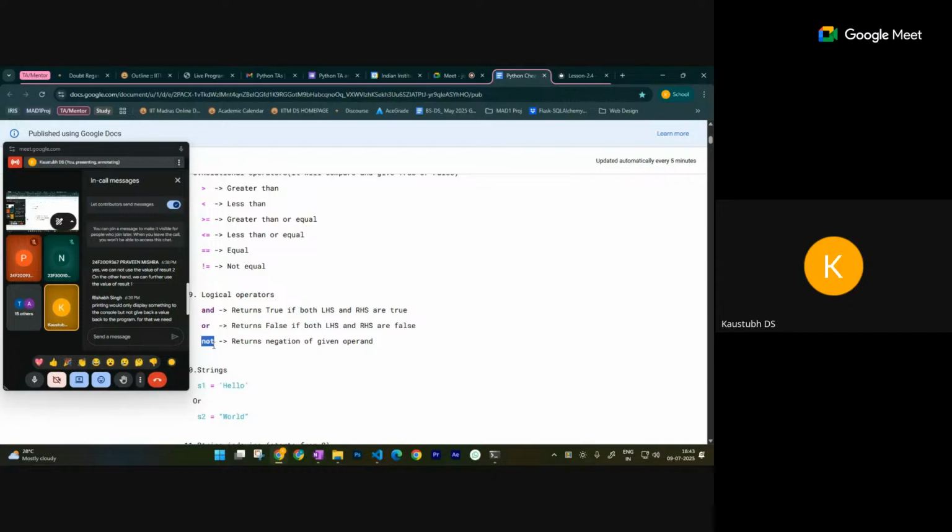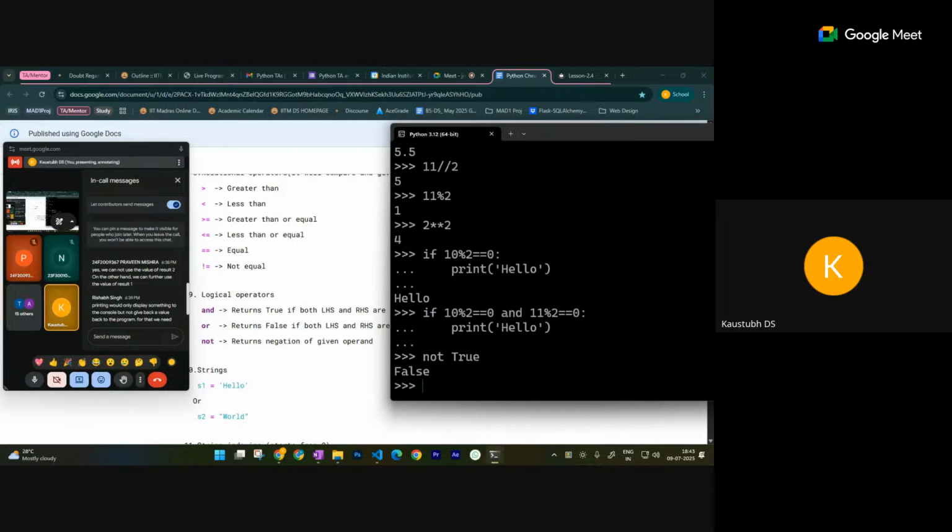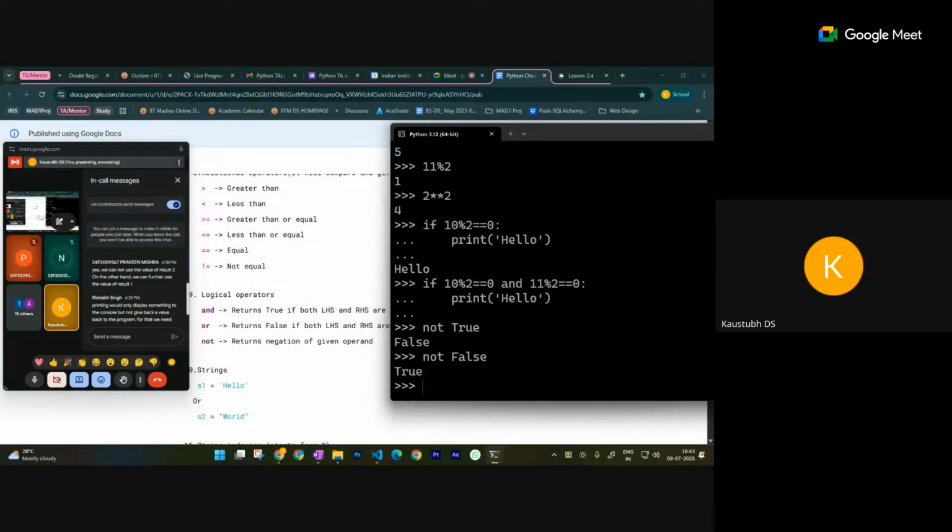Not is used to reverse any Boolean value. So if I do not true, it will be false, and if I do not false, it will be true. That's the basic use of not. So if you ever want the opposite of something,